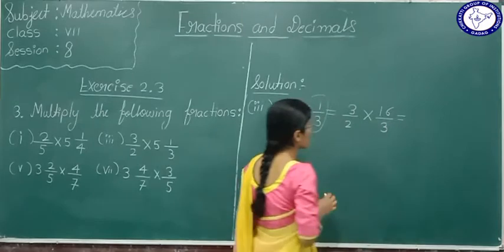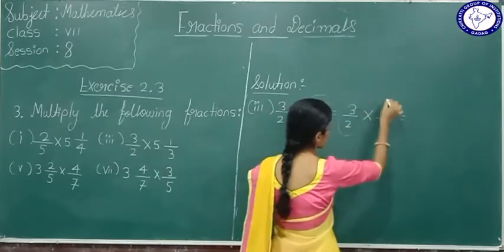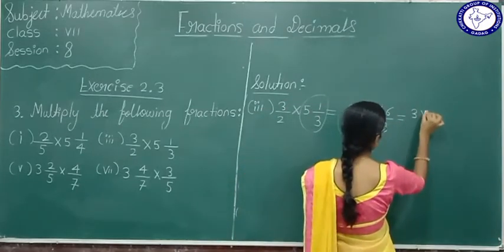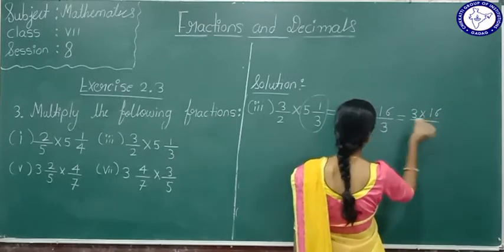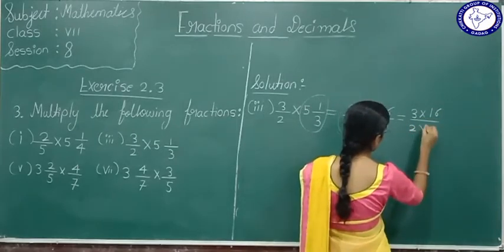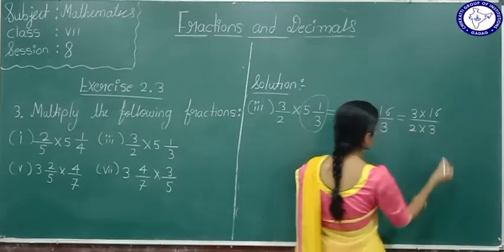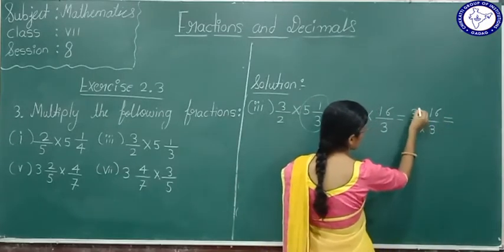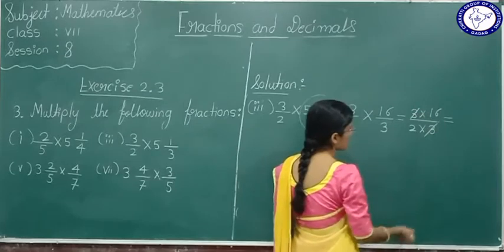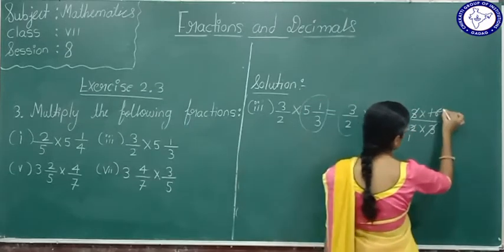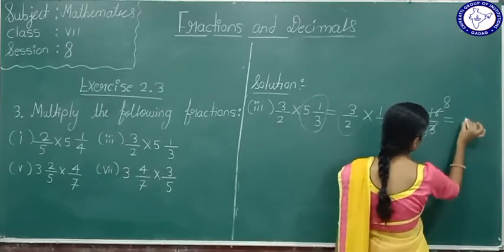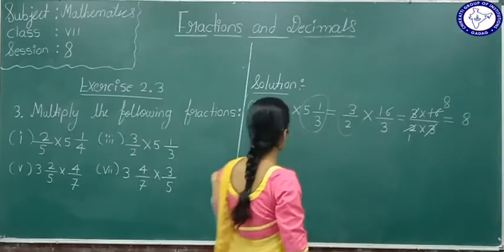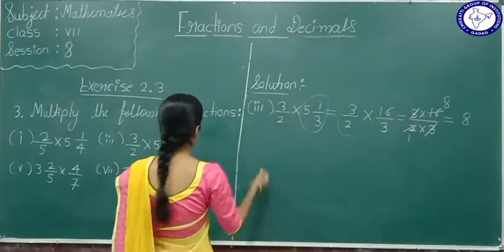Now see here, multiply a fraction with a fraction, that is numerator multiplied by numerator, divided by the product of denominators. Now we can divide like this, 3 will get cancelled, 2 ones are 2, 8 twos are 16. What is the answer? 8. Okay. Similarly, now we will do the fifth one,